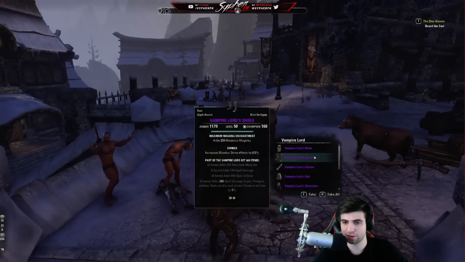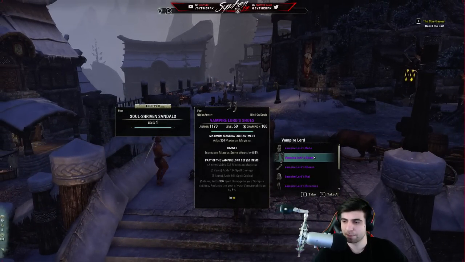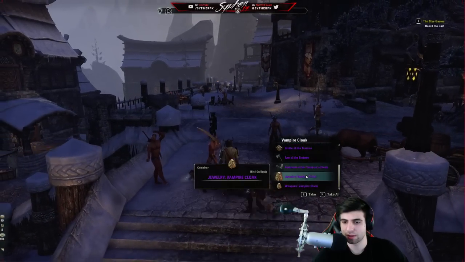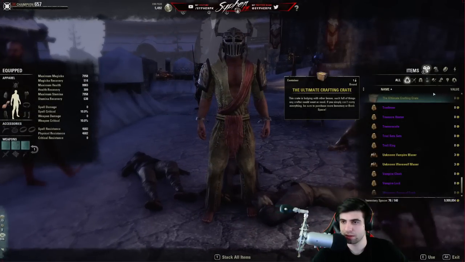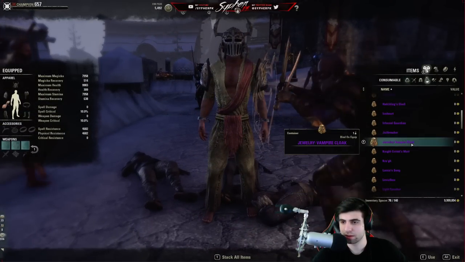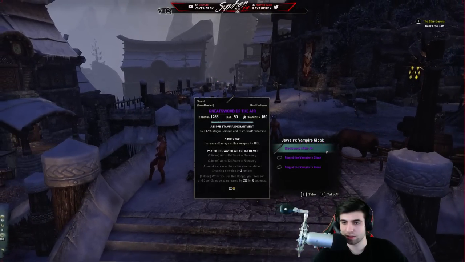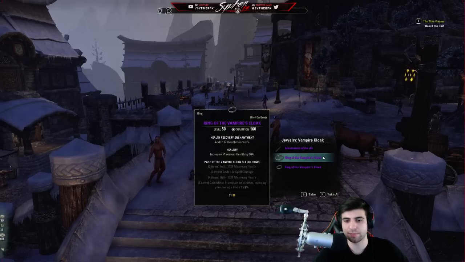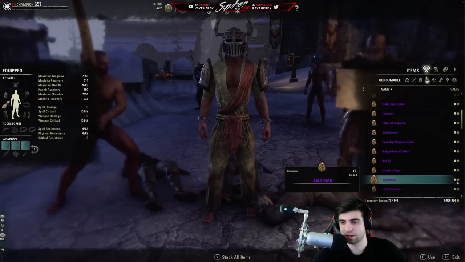Vampire Lord. Look at the jewelry inside the bag. Here's Vampire's Cloak. Adds maximum health, spell damage, and maximum health. Gain minor protection at all times, reducing your damage taken by 8%. Alright. That's not that cool, but...